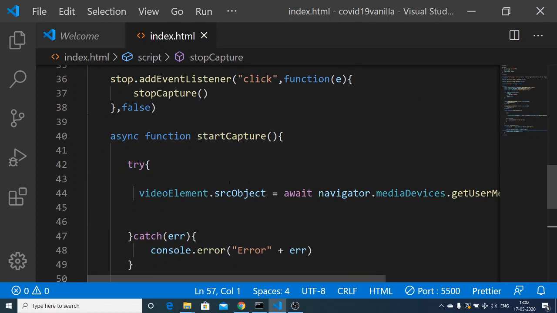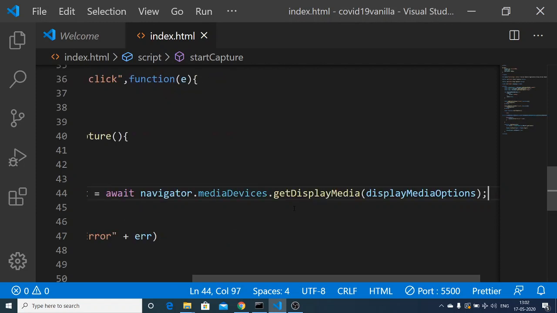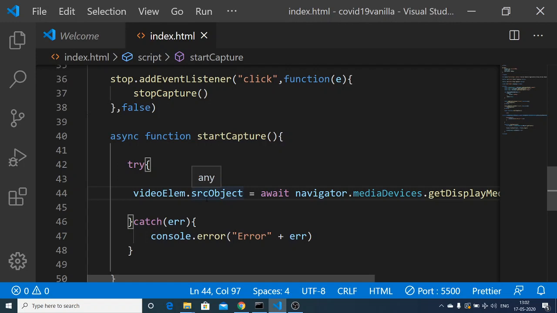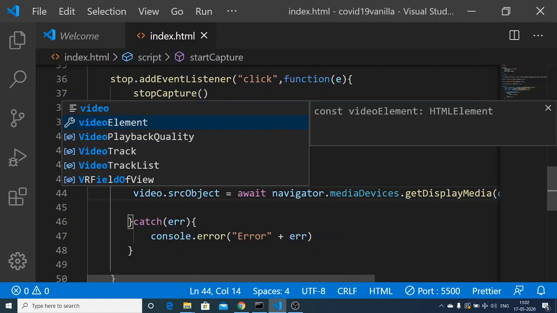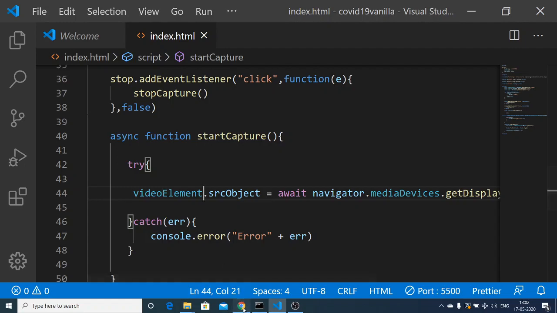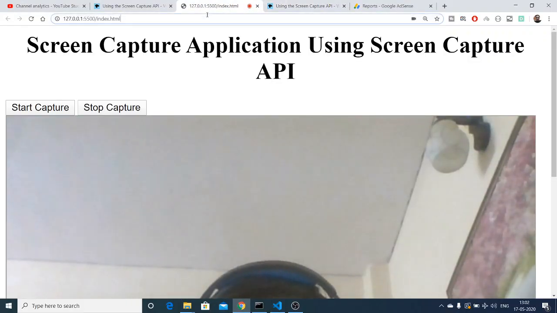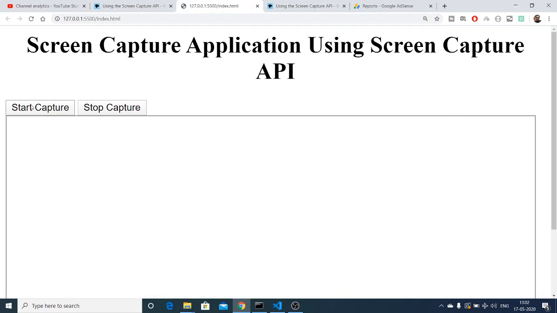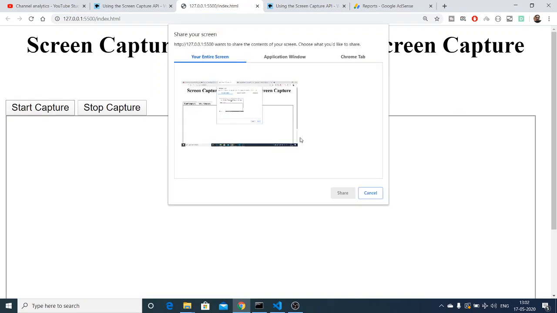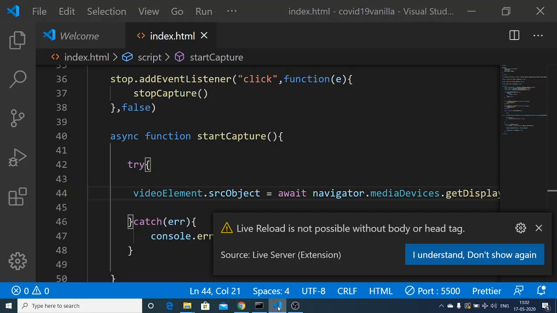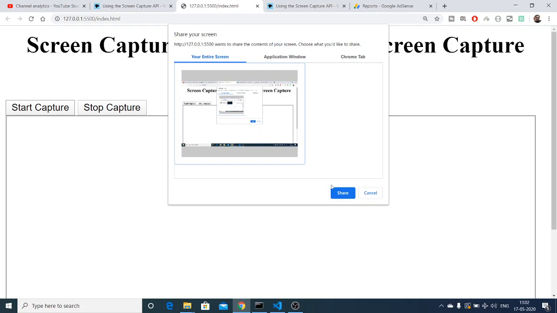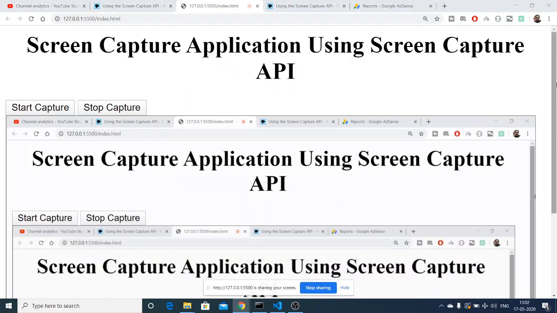So this is the line that we have written here, video element. This needs to be video element. And now you can see that. I think that the problem was with this line. Now it is capturing, you can see the screen. If you want to share it, you can see that.